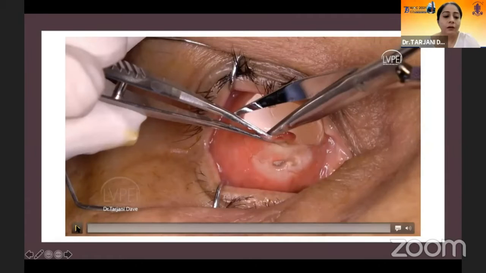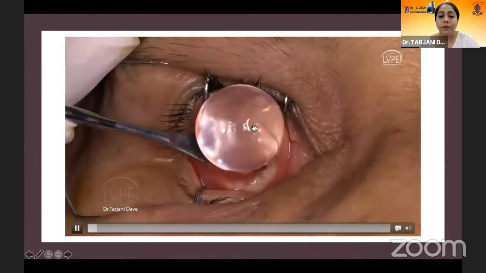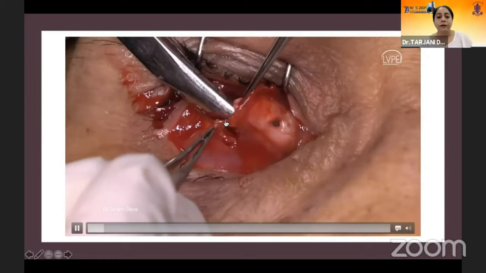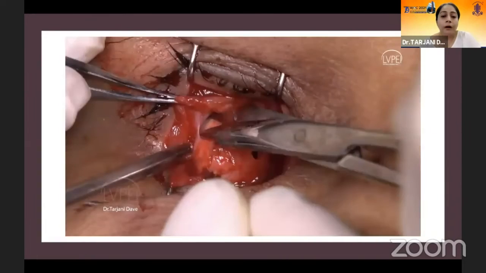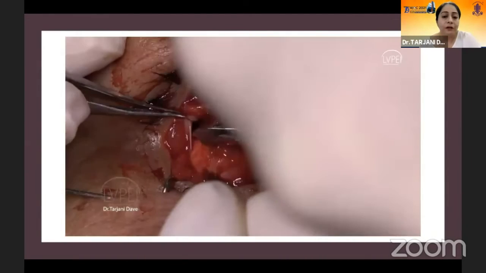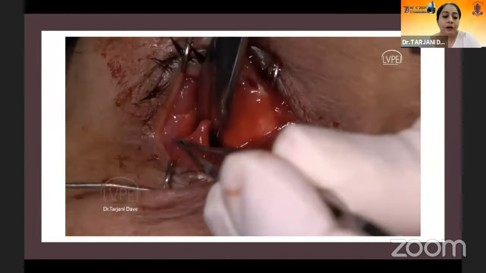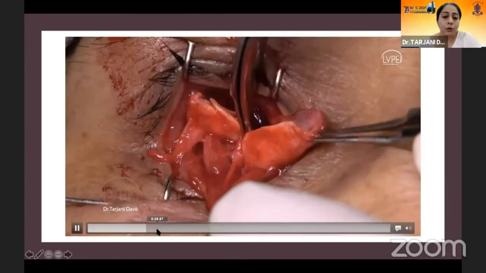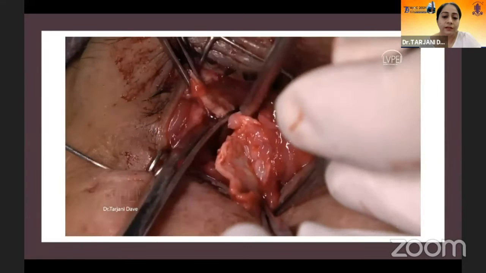Now, what is the other complication that you see? One of the common complications is exposure. As you're seeing over here, the implant was nearly exposed. In that situation, you need to go ahead, remove the implant, dissect the entire tissue, free the sclera from the optic nerve posteriorly, essentially create petals of the sclera, which will then allow you to place in a larger implant and close the defect. So these are the petals being made with the residual sclera.